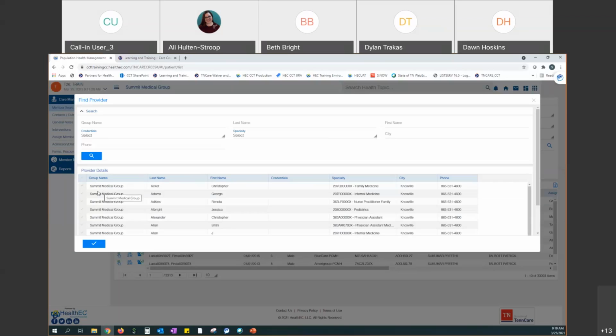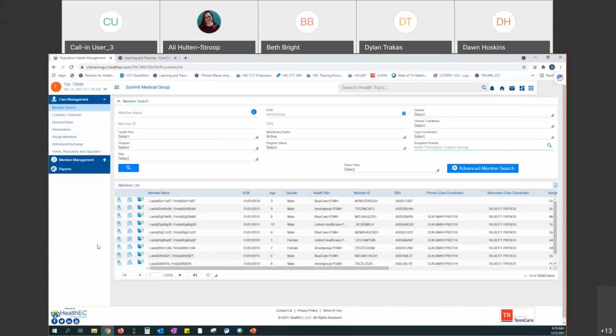So perhaps you're a care coordinator and you only work with a couple of the providers, so you just want to see those members. You would click on those specific providers you're interested in, and then click the select checkbox,